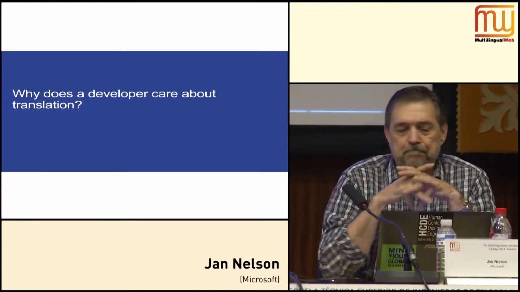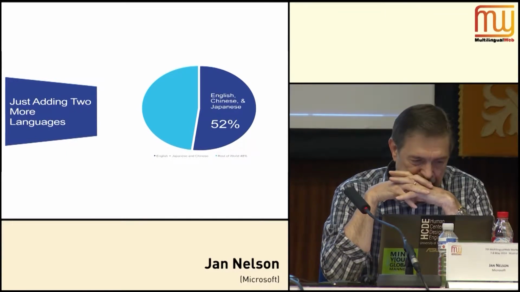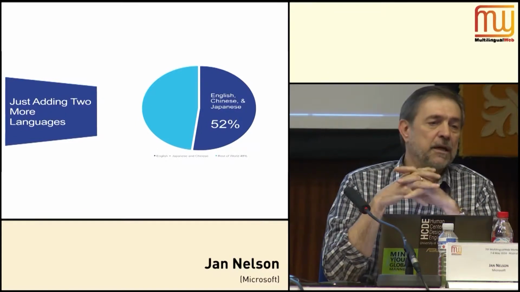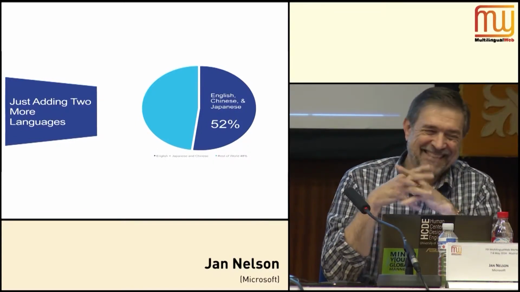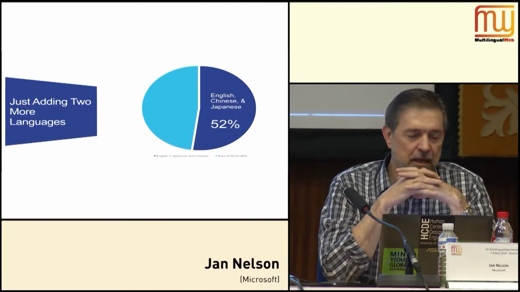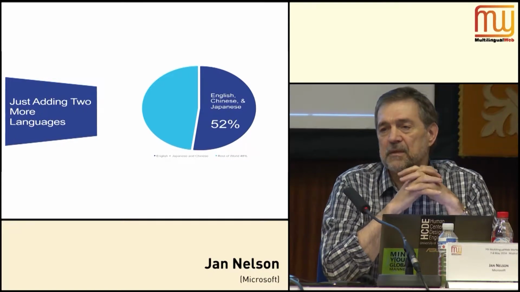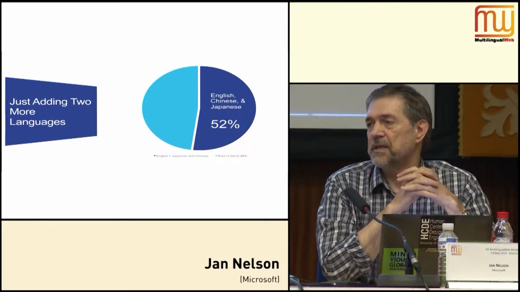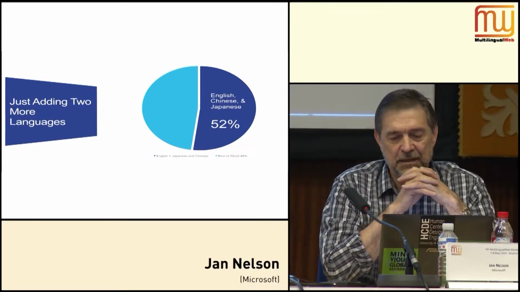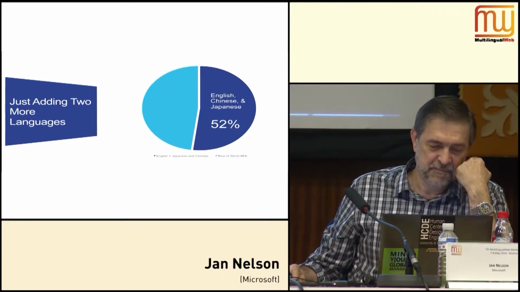Let me just answer that here. So everybody's had some charts. I've got some also. So as a developer, when I'm working, and I work in one language, for me it would be ENUS. I have a pretty large market, and it consumes most of my time. But if I add 2 more languages, I capture 52% of the addressable market in a more global perspective. That's a big thing. And so maybe I should be working in more than one language, is the base idea here. Those would be Chinese and Japanese.